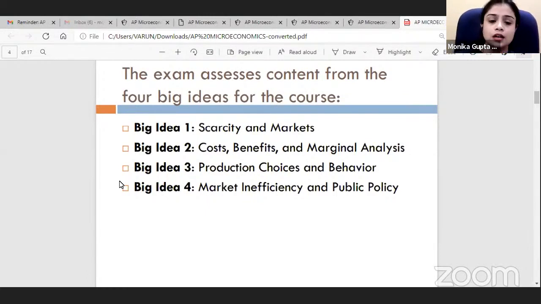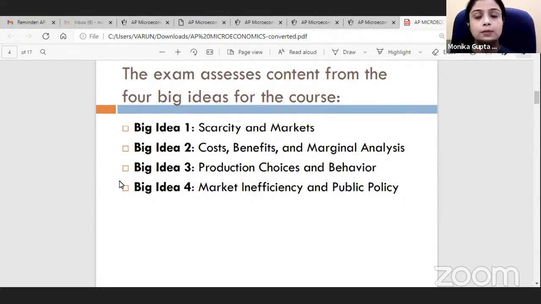As I said earlier, what is the main aim of a firm? Firms need to minimize their cost and maximize their profit. This is the procedure that takes place, and they need to work on it because it influences your production. So what sort of choices you need to make and how they determine their profit maximizing rule. We are going to talk about this in big idea 3, and the last big idea is all about